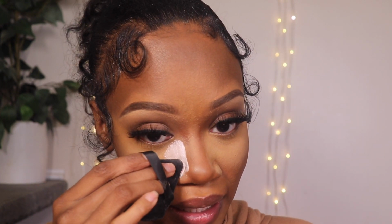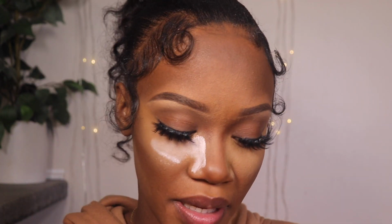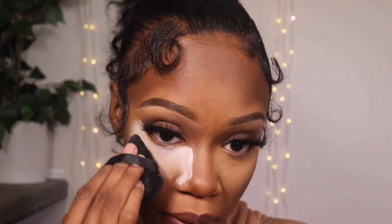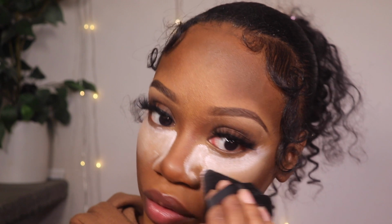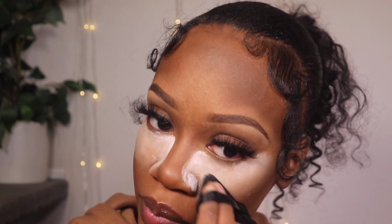I need to do a setting my makeup video, because I just feel like it would be so good for people to know how I set my makeup, because I don't do it the same anymore. I added so much stuff to it in a good way. But I love the pink right under my eye. I literally die for this. If y'all been following me for a long time, y'all know that I love a good setting powder. I literally had this whole Twitter rant about setting powder before I started using other stuff, because I used to just use the Laura Mercier one, but this right here, y'all,